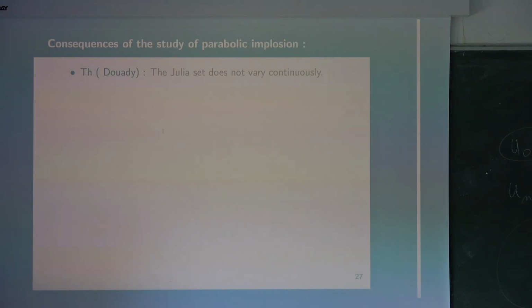Okay, so to understand the picture of the formation of the Julia set and to understand the behavior of the point. So the first result was given by Adrien Douady. He proved that the Julia set does not vary continuously, not always. And one of his PhD students, Lavaurs, proves that the analog of the Mandelbrot set for a polynomial of degree 3 is not locally connected. So it means it's really very wild. So it will be very difficult to understand the behavior of cubic polynomials.